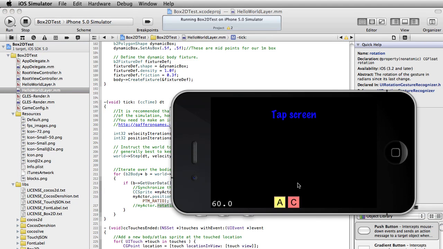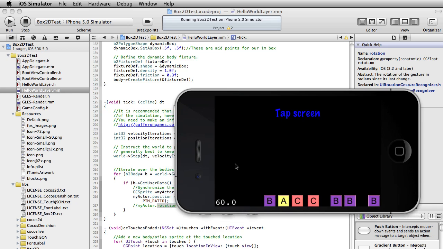Oh, look at that. See, notice how the box changes, but the sprite itself doesn't rotate. Okay. And I use that actually in the pinball games I've made because